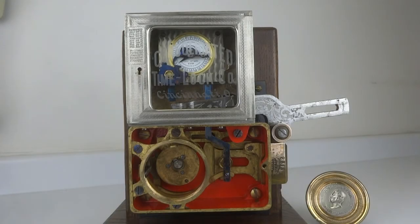This is a demonstration of a Consolidated Time Lock Company time lock attached to a Hall combination lock. The unusual thing about this lock is that it is equipped with what is called the Benjamin Flint patented attachment, and the lock was made in 1883. That attachment is this here,